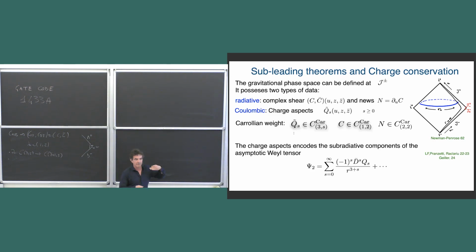So if I look at peeling, I assume analyticity for the moment. If you call psi1, then it would be the same thing. Psi1 will be the sum over S at infinity, and then it would be 4 plus S, and it would be minus 1 to the S of d bar. It would be exactly the same thing, D bar S, but then you will have a shift, QS plus 1. Psi 0 would be the same thing, but QS plus 2.